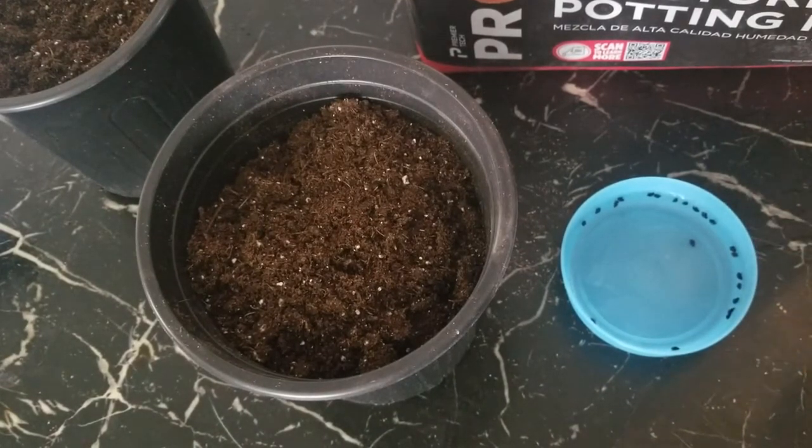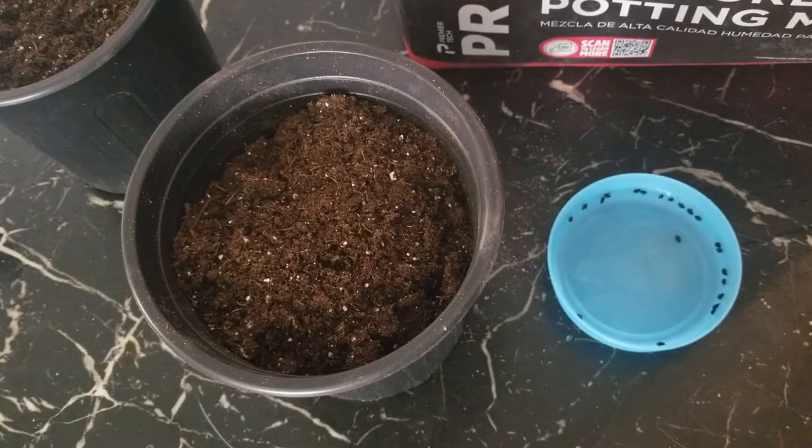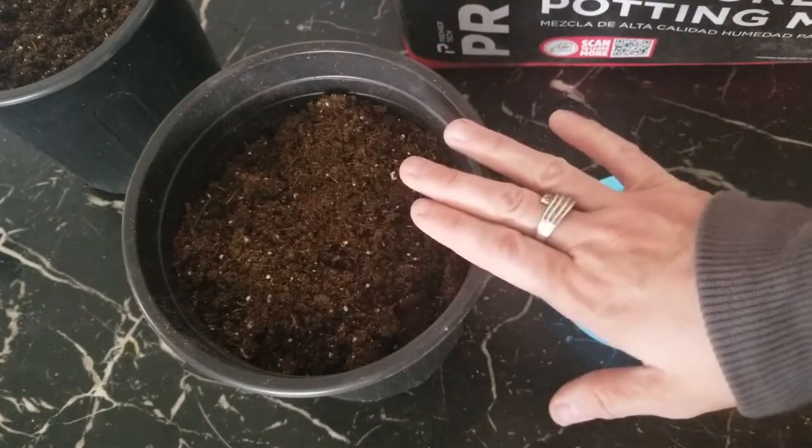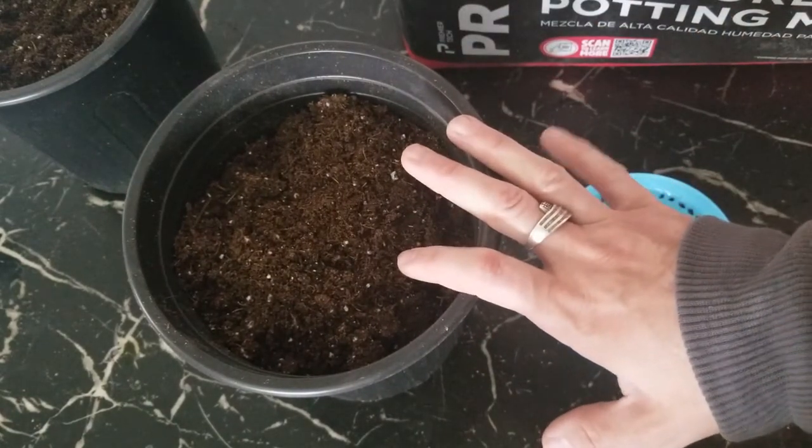Alrighty. So you want to make sure that you soak the comfrey seeds in some water in the fridge for at least 48 hours. I know it seems weird. Most seeds you don't need to do that, but with this one you do. And then after they're done soaking, you want to make sure that you put them into warm dirt, anywhere from